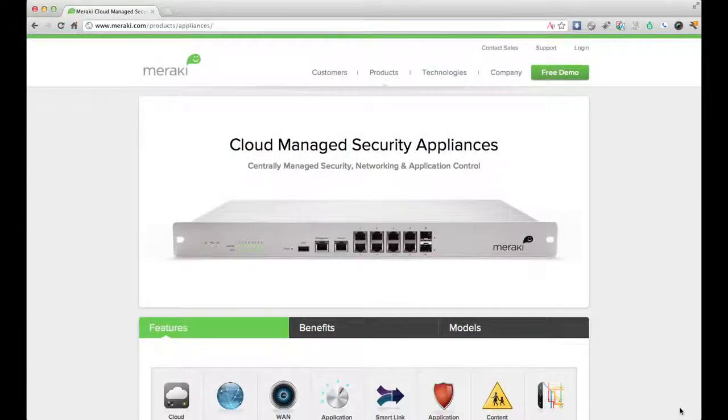In the last 5 minutes, we've quickly demoed the key features of the MX firewall, including the end-user visibility, the traffic shaping, the auto VPN, WAN optimization, and content filtering, and all that without having any demo gear or additional hardware. I hope this demo has been